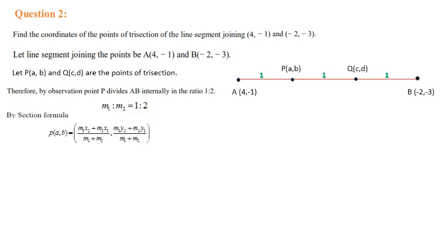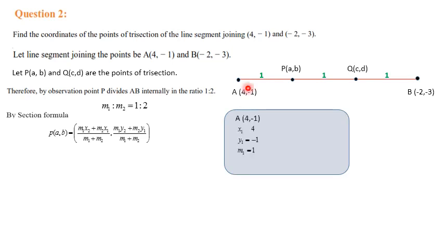So by using the section formula for P of AB, we can calculate the coordinates of P using the formula (m1x2 + m2x1)/(m1 + m2), (m1y2 + m2y1)/(m1 + m2). First of all, we have to write x1, x2, m1, m2, y1, y2. So first we take the point A, that is (4, -1). In that, 4 is x1,